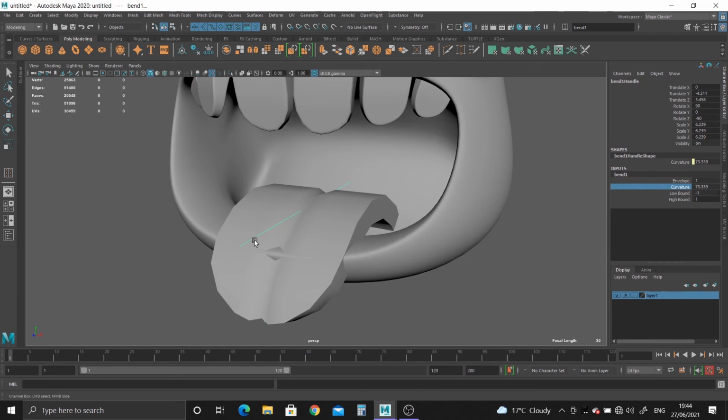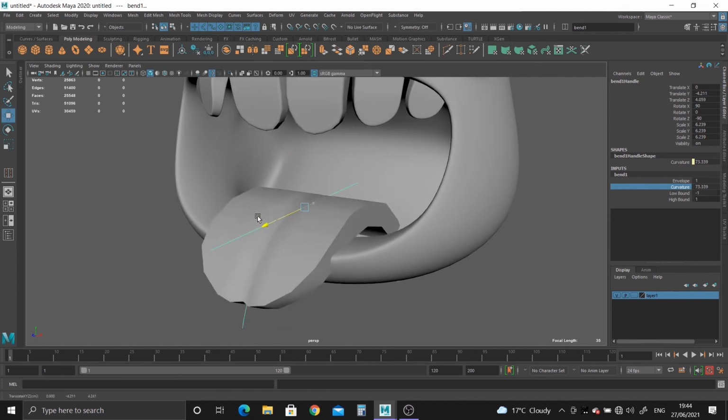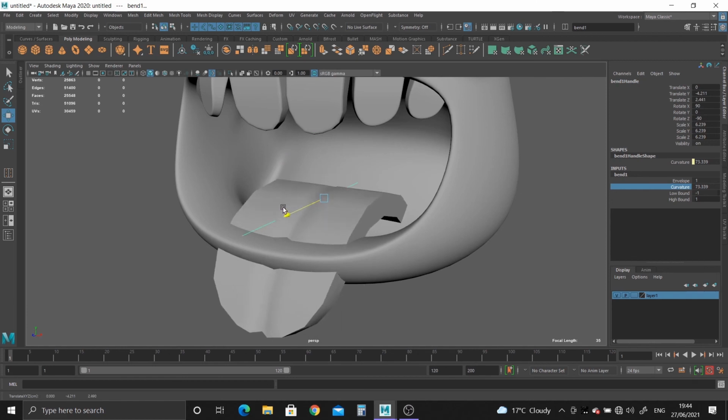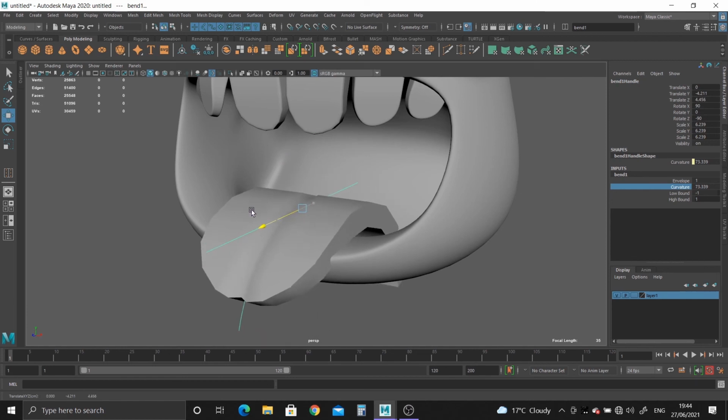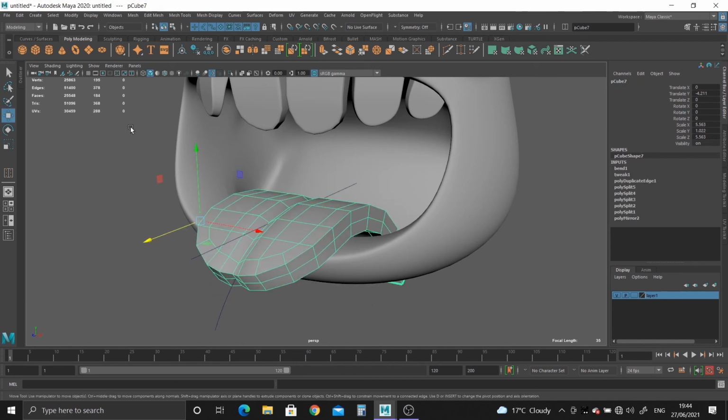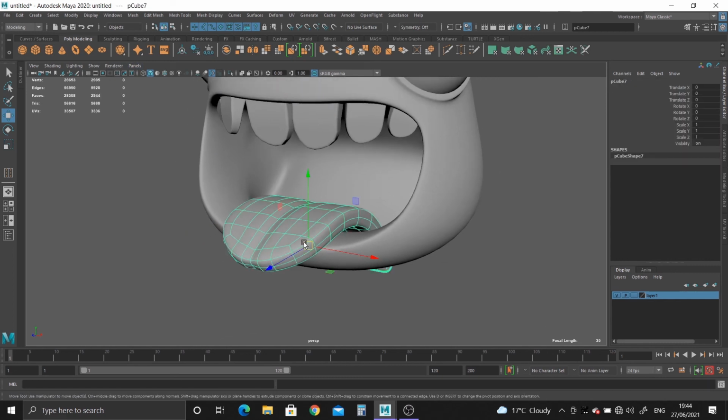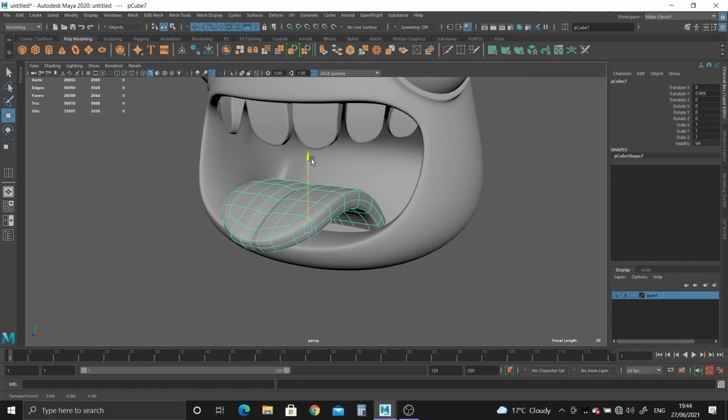And then with the bend deformer selected, we can control the amount of curvature on it. So maybe something like this. Something like that. Once you're happy with it, delete the history. So the bend deformer is now gone and it's been baked into the geometry. Let's hit 3 and let's take a look at the tongue now, and we can just move this into position,